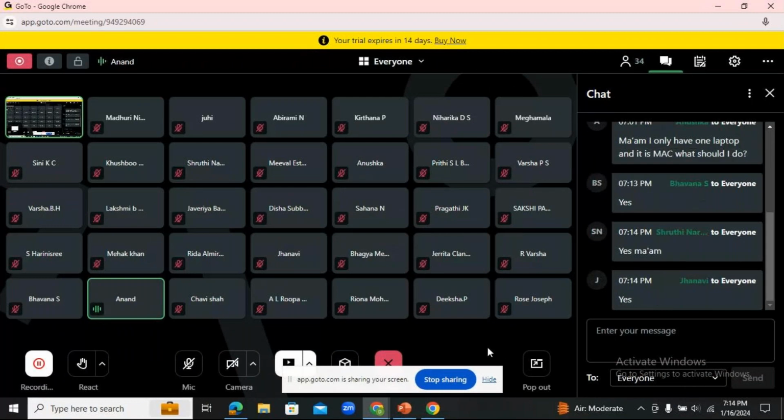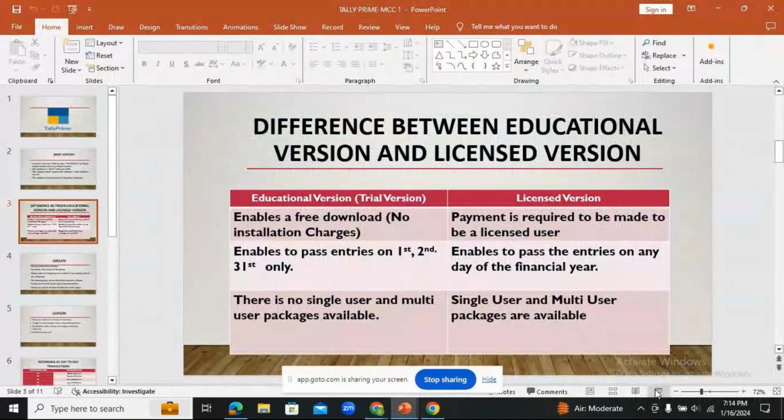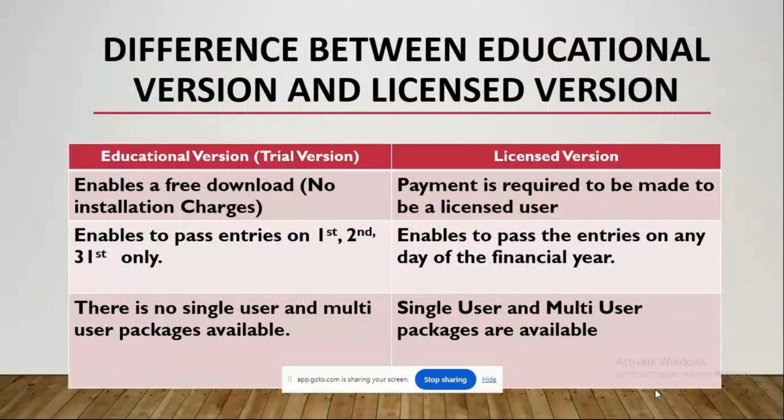Now, when we are working on the trial version or the education version, of course, everything would not be given free to a user. If I'm using the free version or the trial or the education version, however you define it, we can put up the entries in the trial version.